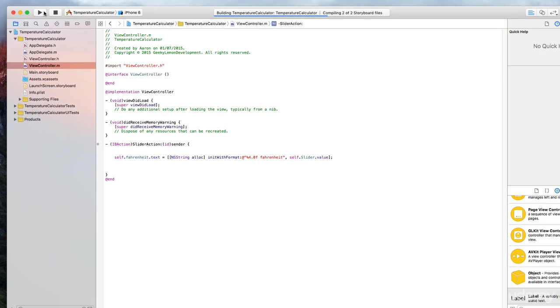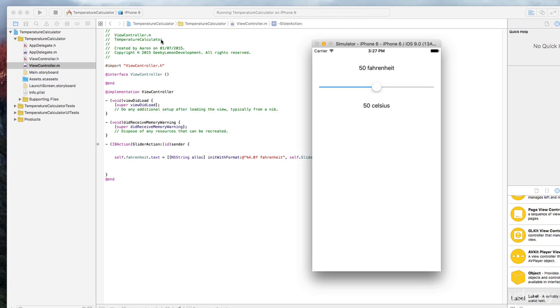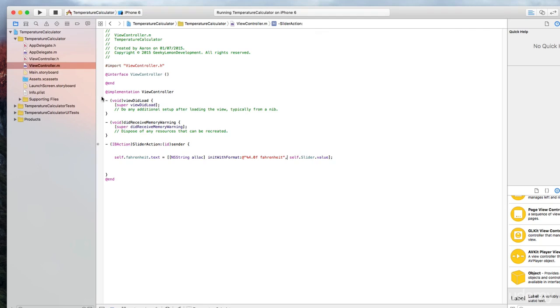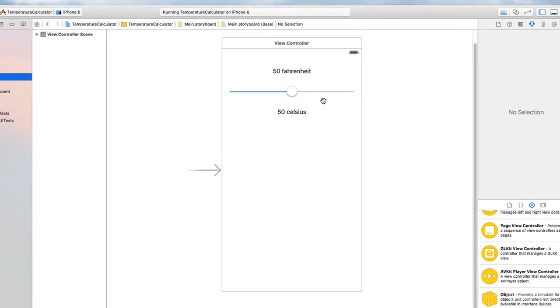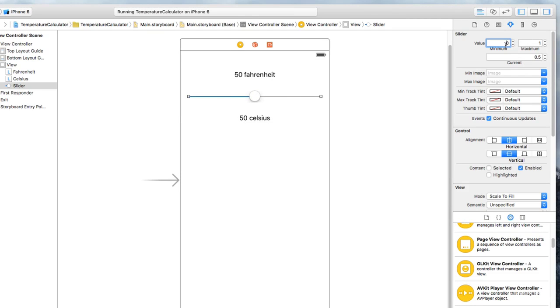So if I quickly go to build and run, just to kind of give you an example of what I mean by that, is as I decrease and increase, it's only got to set to 1. So if I quickly go back to our main.storyboard where we'll configure it. So if the minimum is going to be, let's say the minimum will be 0, and the maximum is going to be 200. We'll set the center as 100